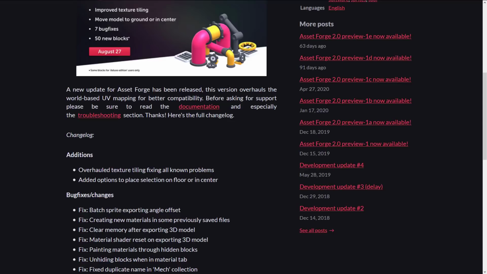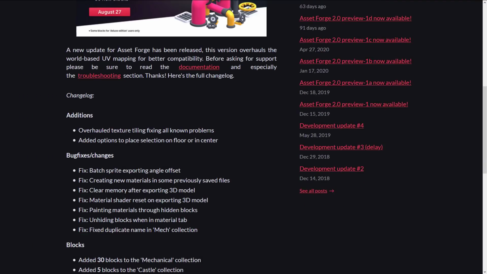A new update has been released. This version overhauls the world-based UV mapping for better compatibility. Before asking for support, please be sure to check the documentation and the troubleshooting section. There is also a Discord server, so if you want to jump on there to get more information, that is available as well. They overhauled the texture tiling, fixing all known problems,